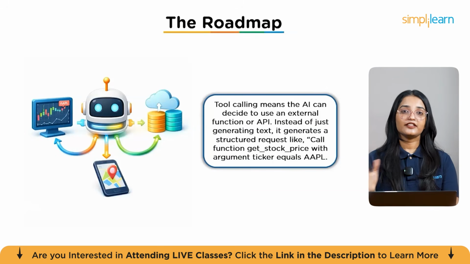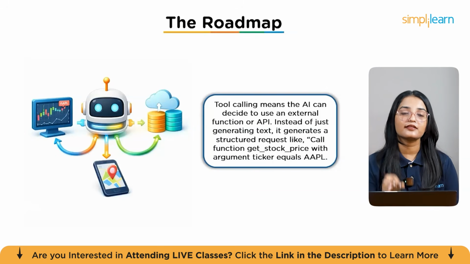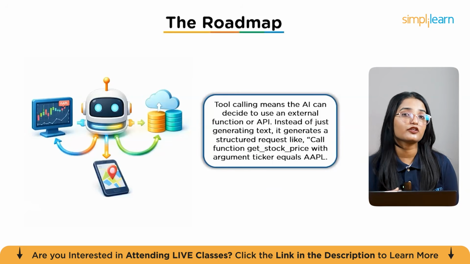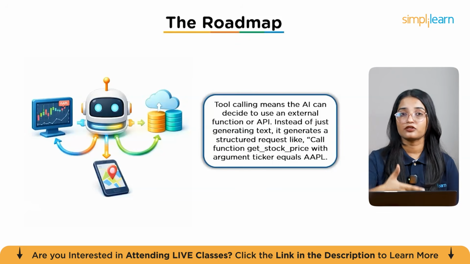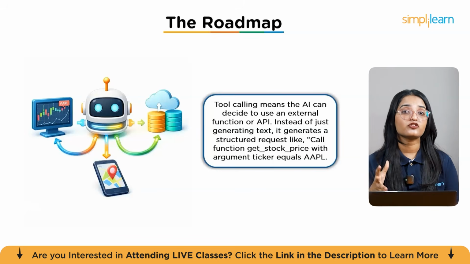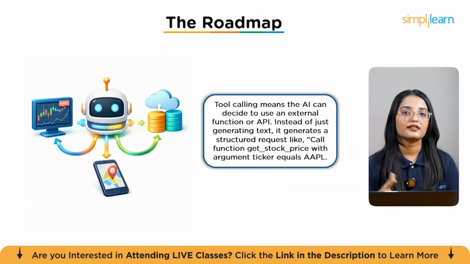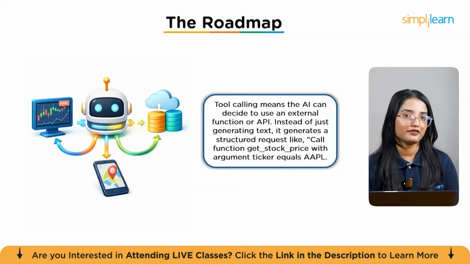Now, as an agentic AI developer, these are the practical skills you must master. First, knowing when to call a tool: the AI must understand whether it knows the answer or it needs external data. Second, passing arguments correctly, because APIs require structured input and the wrong format might lead to failure. Third is interpreting tool responses, since APIs often return messy JSON that your agent must parse properly. And this is where software engineering meets AI reasoning.